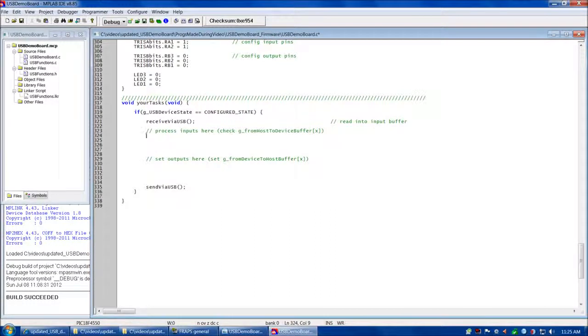So let's clarify what we mean by inputs and outputs here. When we're saying inputs, we mean, for example, a command from the host to the device to turn the LEDs on the circuit board on. That would be an input from the perspective of the chip, which is how we're writing the firmware. So let's go ahead and write our 3 input conditional statements here. So we're going to have if g_from_host_to_device_buffer 1, because again, remember we can't use 0, we have to start at 1. So if that's equal to LED 1 on,